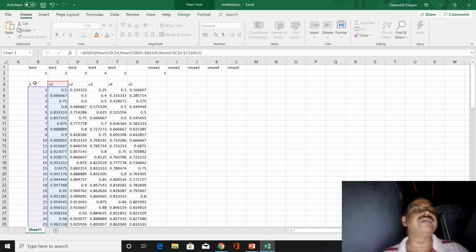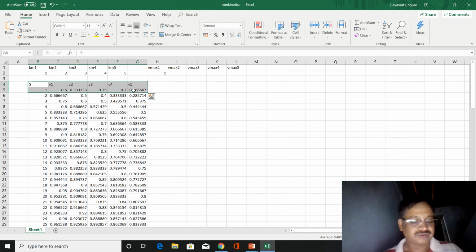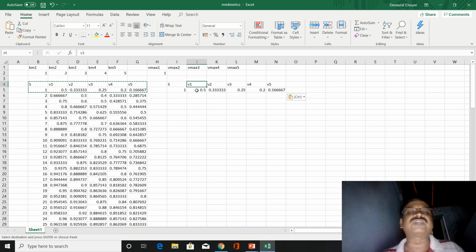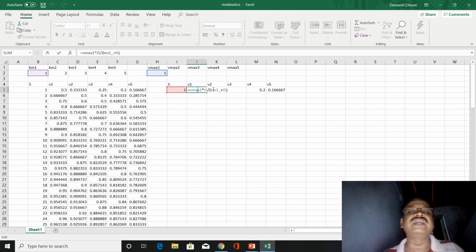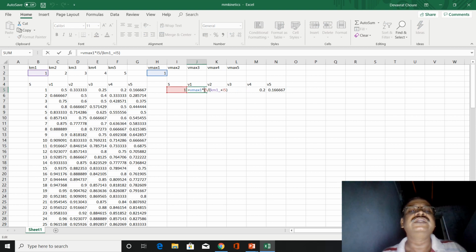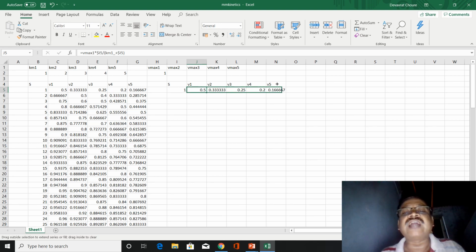Now we'll simulate the same equations, this set, for different Vmax values. Here Vmax 1 is there, we'll keep it as such, and this Km1 will maintain. And for that I am copying it to everywhere. This Km1 we have to maintain constant, therefore I will keep that dollar sign in front of it, so that it will not get incremented when I drag the formula to other velocities.